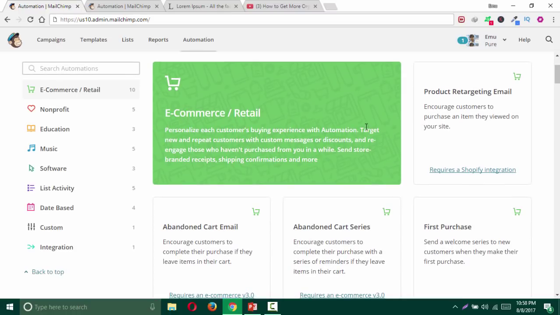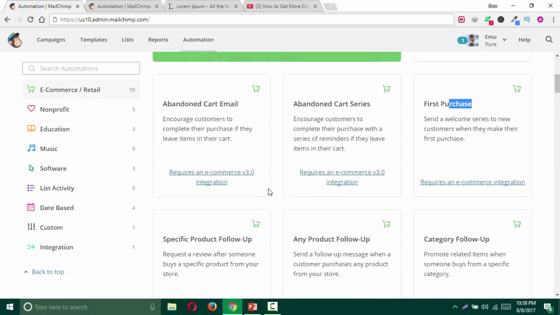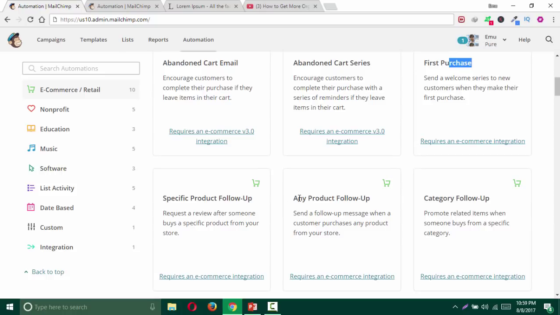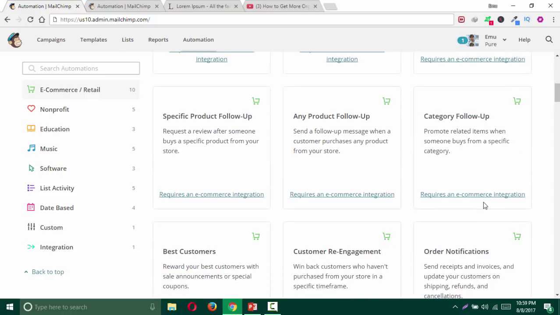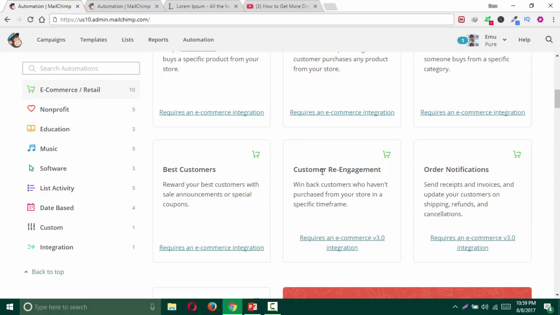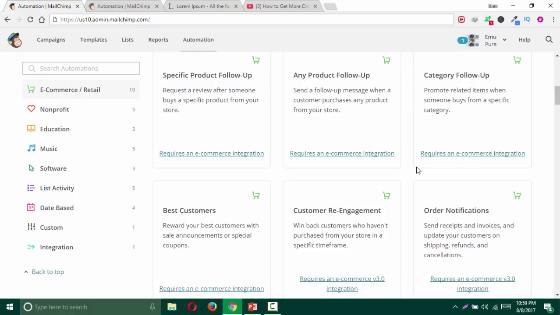If you have any website based on WooCommerce, Shopify, BigCommerce, or something like this, you definitely need to set up automations like product retargeting email, abandoned cart email, or a series for the abandoned cart, and first purchase emails, and specific product follow-up, any product follow-up, category follow-up, best customers, customer re-engagement, and order notifications. So every e-commerce based automation actually requires an e-commerce